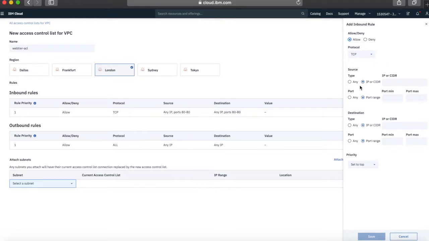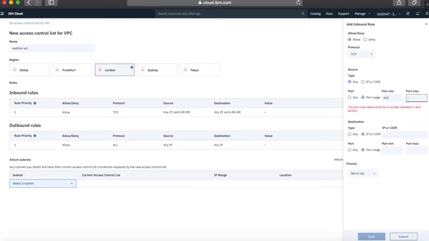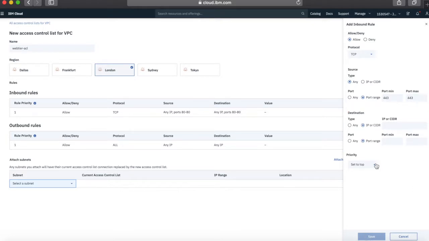So again, it's going to be an allow rule. It's going to be TCP. The source is going to be any, because again, it's coming from anywhere on the internet. My port range is going to be 443, 443. The destination again is going to be any, because it's going to be any server within this particular subnet, and again the port range, we're going to stick with 443, 443. So again, it just makes sure that the traffic is actually going to the right port within the subnet. So again, let's save that,